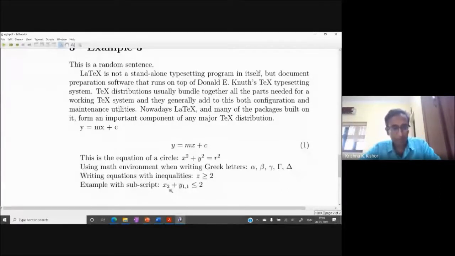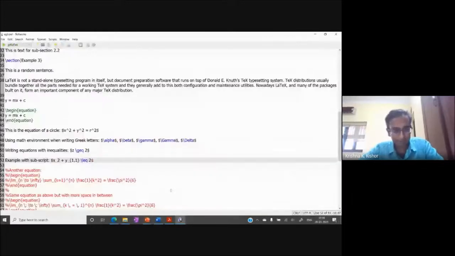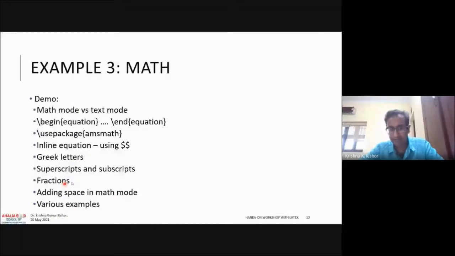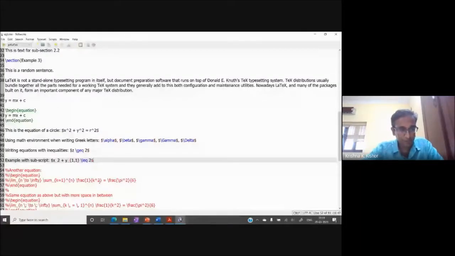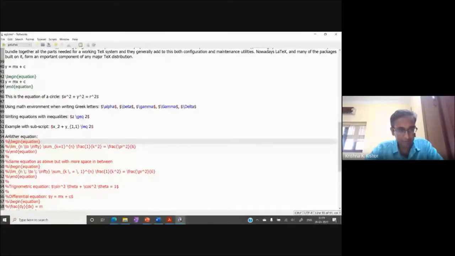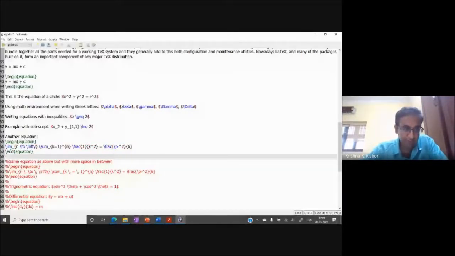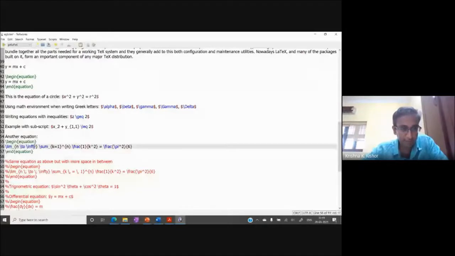Okay, let's do some more complicated examples. Let's do fractions, look at spaces, and we'll do some examples using summation and integrals and things like that. So let's do another equation. Now I'm going to use the begin equation. This is a slightly more complicated equation. I'm having a limit as n tends to infinity. This is a keyword for infinity, backslash infty. Again, I'm using it within begin equation and end equation.